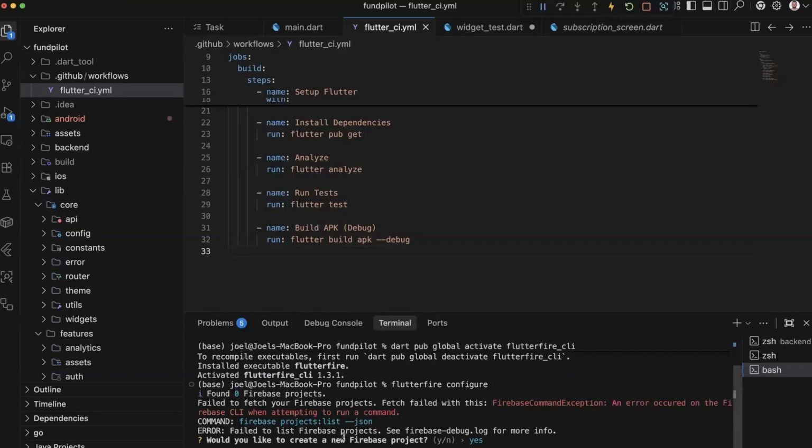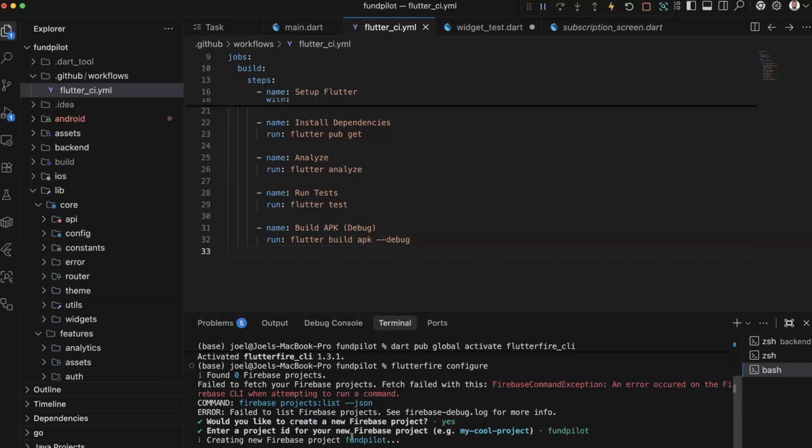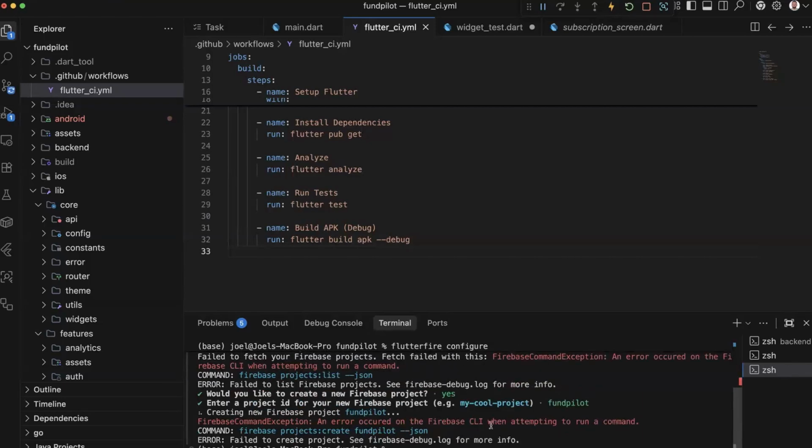It's fetching available projects. I've not added my project to Firebase yet, so it's asking me now, do you want to create a new Firebase project? If I say yes, it will say enter a project ID. So I'm going to call it fund pilot here. Basically you can set it up using the command line, and you will add the Firebase core and also